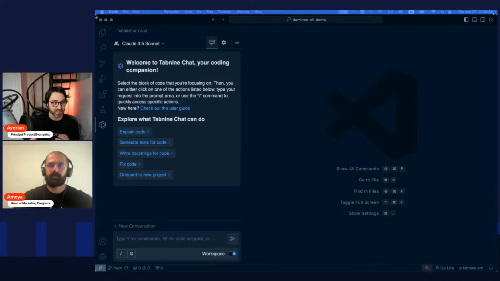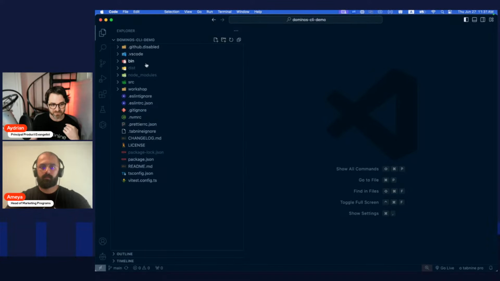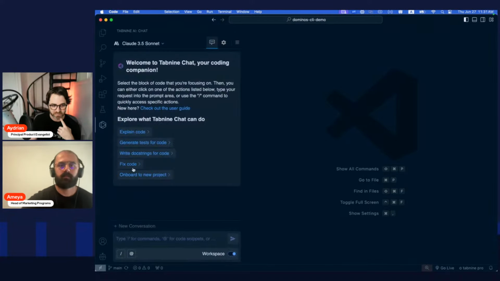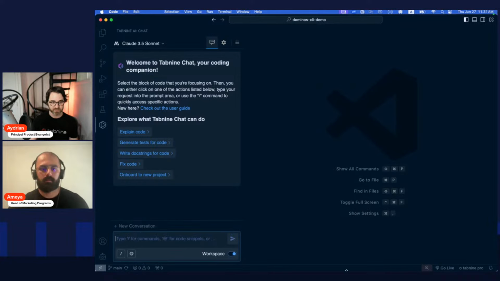Okay, so we need to update the state on where they're prompted for a profile. I've not seen this code base before. I'm clicking on the wrong window. I'm sorry. Well, I imagine it's probably in source. But you know what? We have Tabnine here. So I'm just going to ask Tabnine, and you can see we have this workspace toggled on. I can just ask it, where do we prompt for a profile?